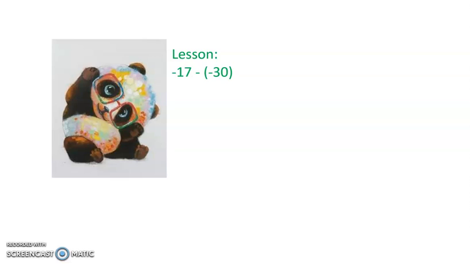Alright, our lesson for today says -17 minus -30. And you might notice that we've got this double negative happening here, and that might be a little weird to deal with. So let's deal with it and get rid of it. Here's how this works. When we see two negatives next to each other like this, it really secretly means that